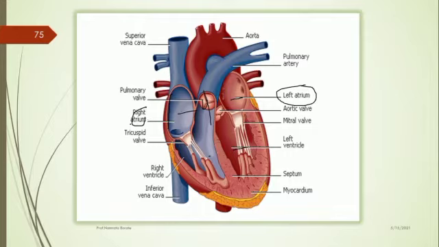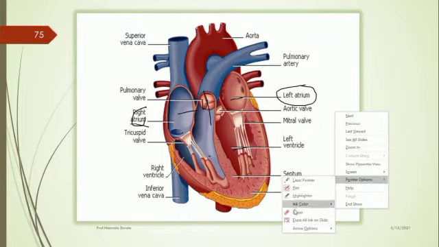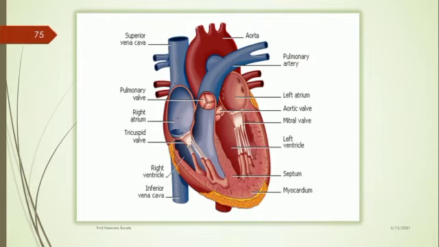First of all, we see the right auricle. So, what is this right auricle or the right atrium? This right atrium receives the deoxygenated blood. It is larger in size as compared to the left atrium. The right atrium receives the deoxygenated blood from all over the body through the superior vena cava, that is from the superior part of the body, and from the inferior part of the body, that's the inferior vena cava,